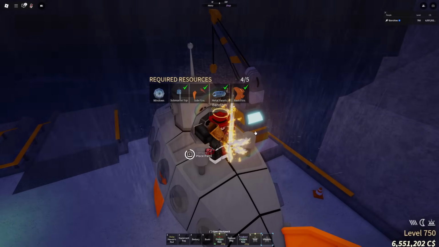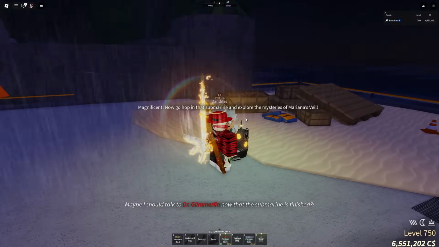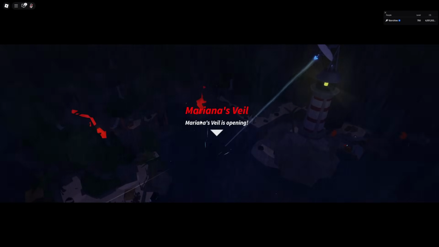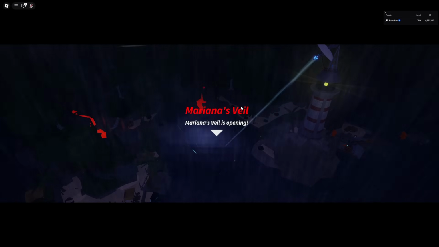All right, so we just got to install this, and then before we can actually take off with it, we got to talk to the scientist again, and he'll just let us spawn the submarine. And there we go. The veil is now opening, and we can now hop in our submarine and head on